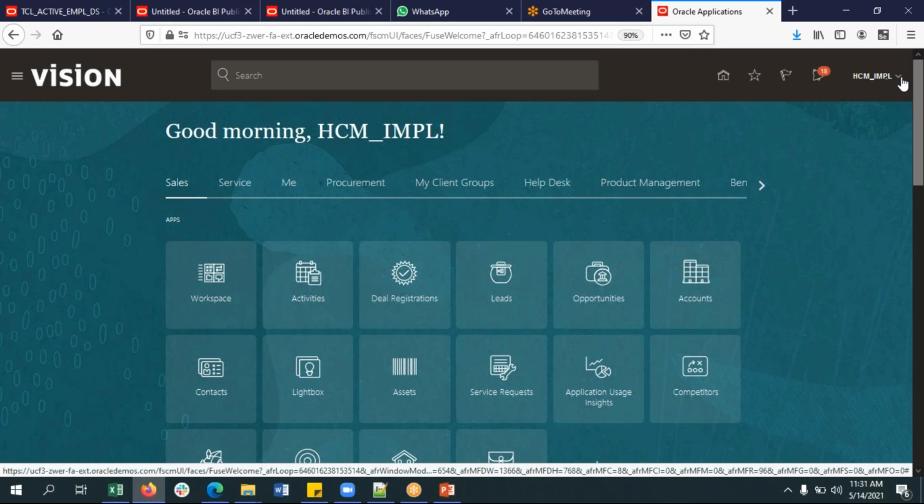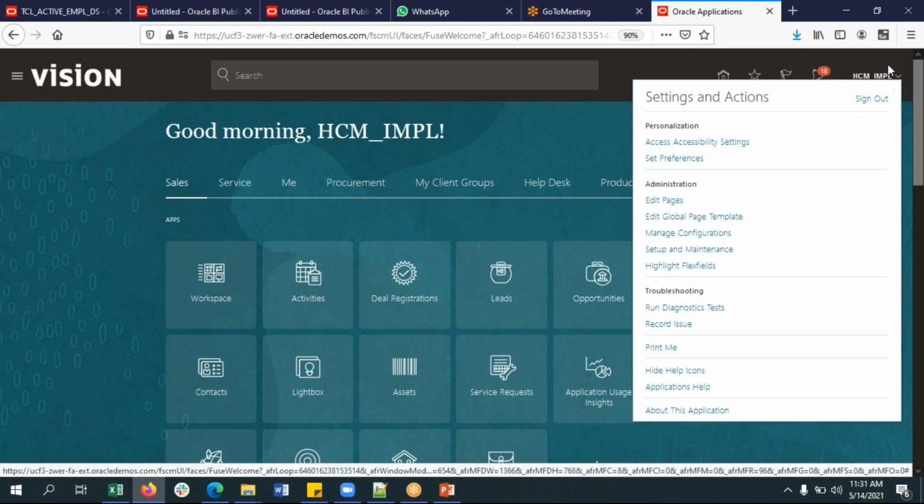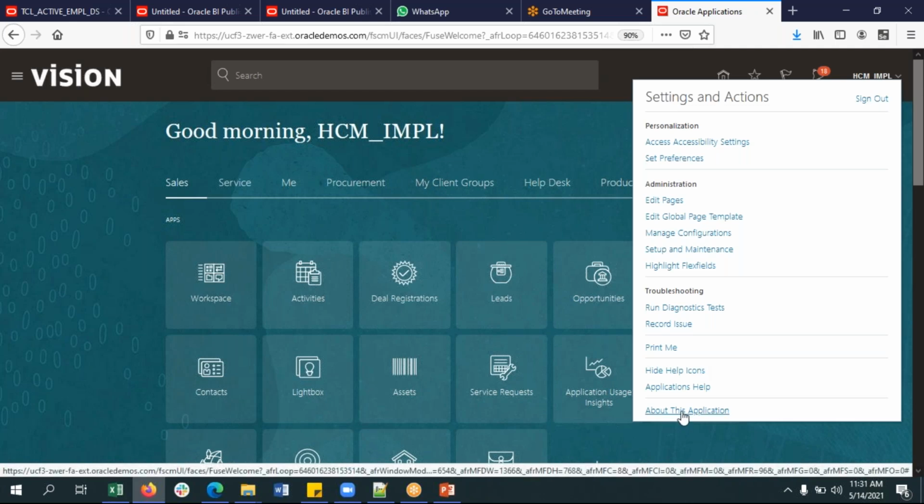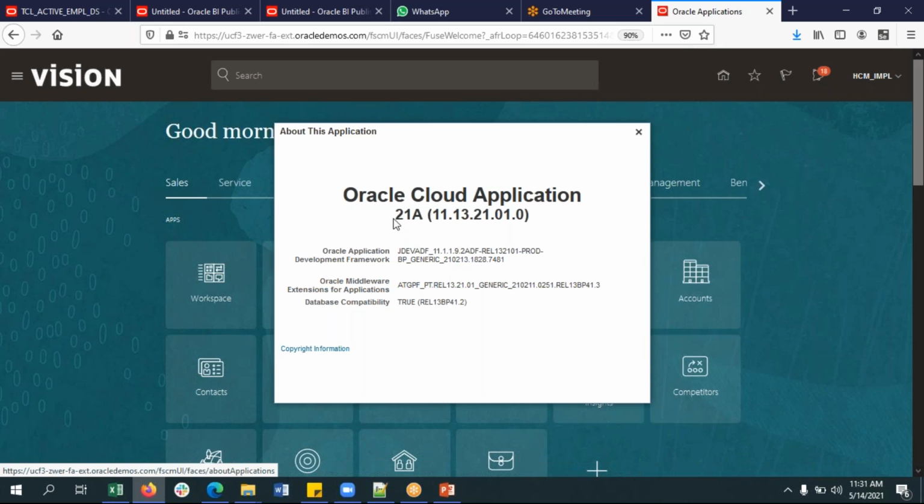But anyways, to see the application version name, just click on this username. Here your username is there, right? Click on that username and you will have a download arrow. Click on that arrow, and you will have a task card about this application. Click on this. You can see this is